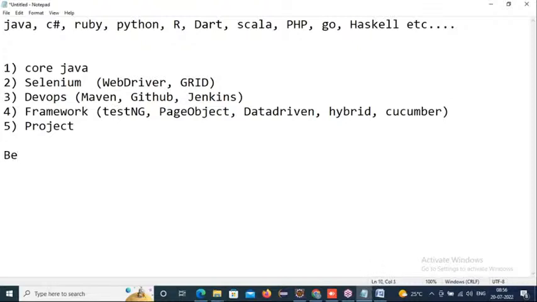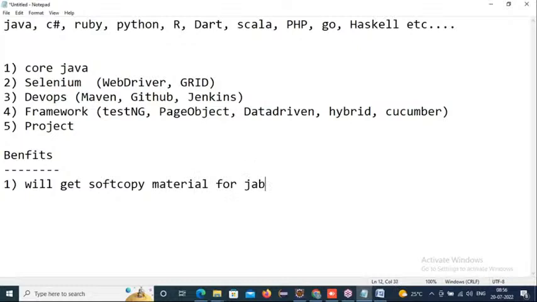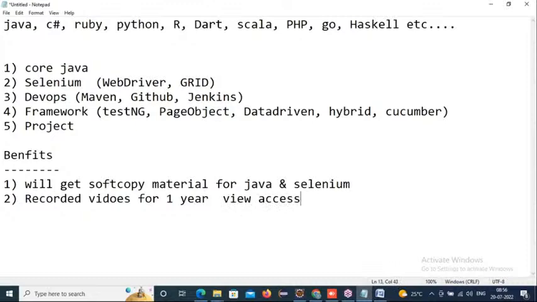And the benefits you get: you'll get soft copy material for Java and Selenium, and recorded videos for 1 year view access, and the source code, daily whatever